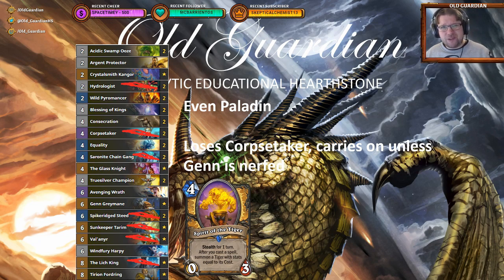But Even and Odd are just so incredibly powerful archetypes. I played an Even Paladin deck without any epics, so I have played Even Paladin decks without Corpse Takers already, playing budget Even Paladin decks, including the Spirit of the Tiger. And those decks can be pretty impressive. Considering the Spirit of the Tiger build in particular, the loss of Spikeridged Steed is actually the biggest thing, because